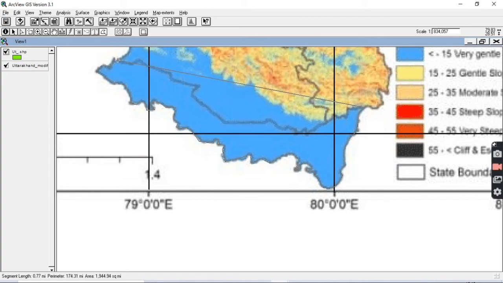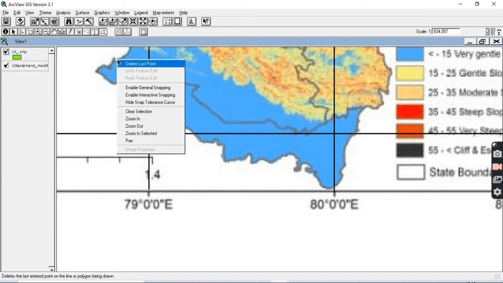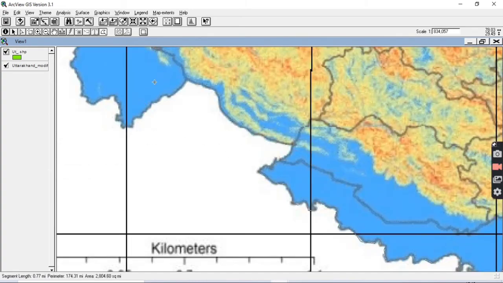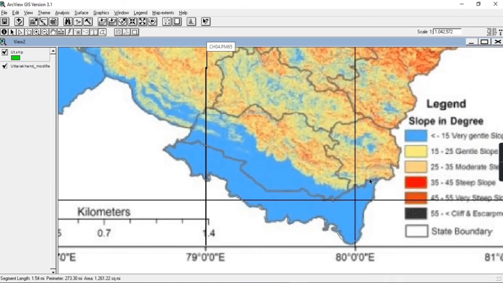See, I'll have to move forward. I just pan it and see, the map is moved. Now I am about to complete the first district, so I'll have to double click at the last point. See, the district has been digitized.